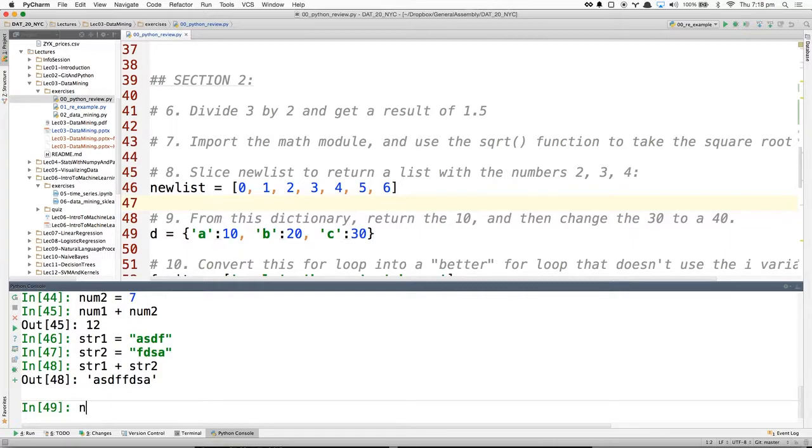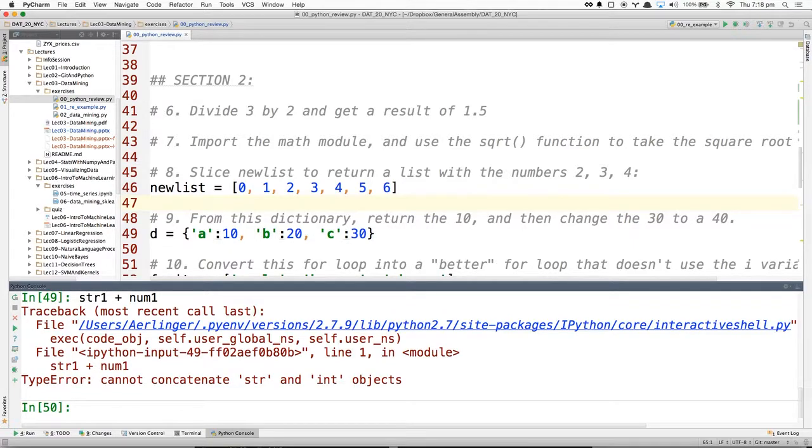If I do string1 plus num1, what will Python give me? Bonus question: what kind of error? It'll give me a type error. A type error means that I did an operation that didn't make sense given the operands of that operation.